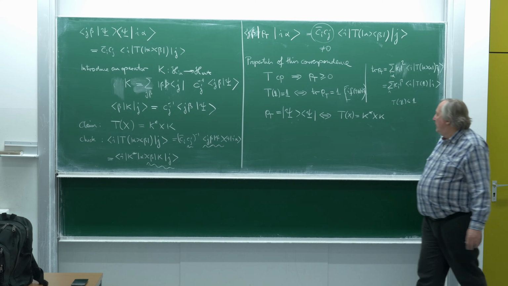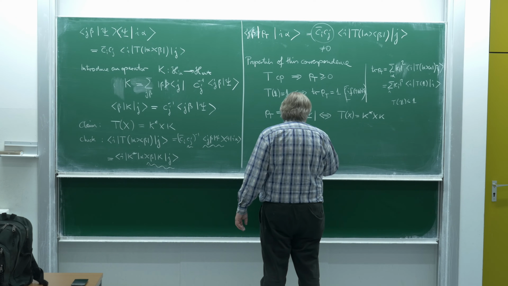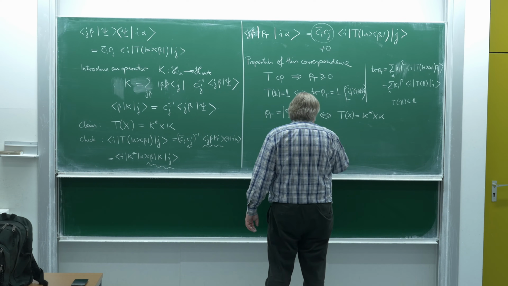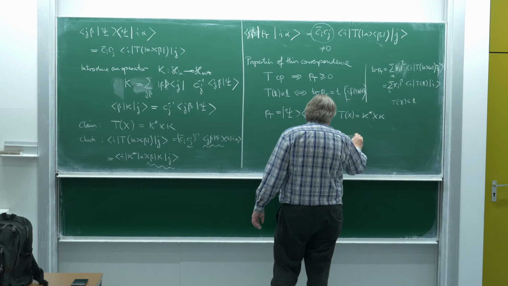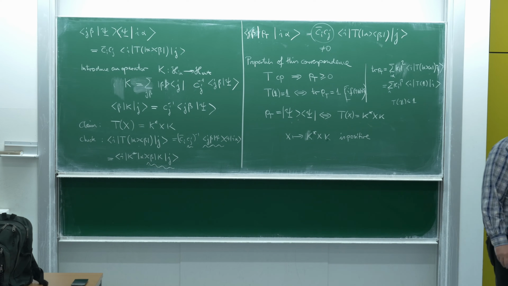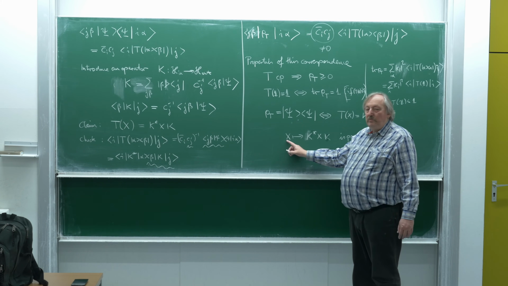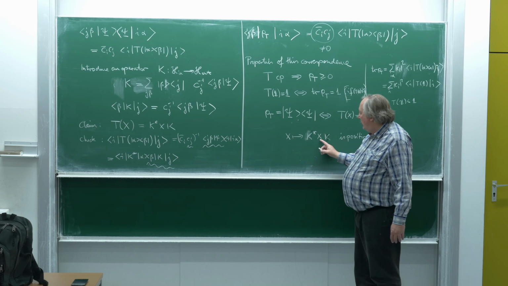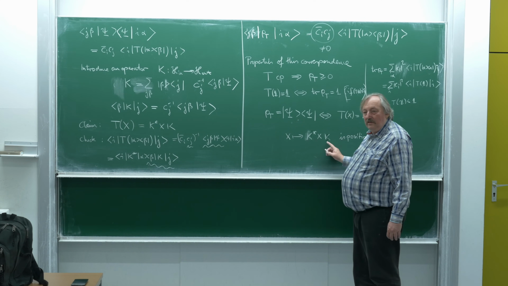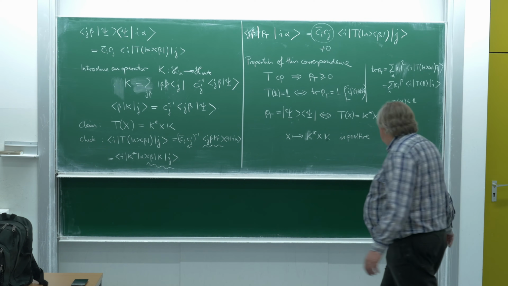Or maybe not, but anyway, it's clear that the map that takes X to K star X K is positive. I think we did discuss that as one of the basic corollaries of the characterizations of positivity. So if X is a positive operator, then it's equal to B star B, and so this is obviously just this product of the same kind. So any map like that is obviously positive, but